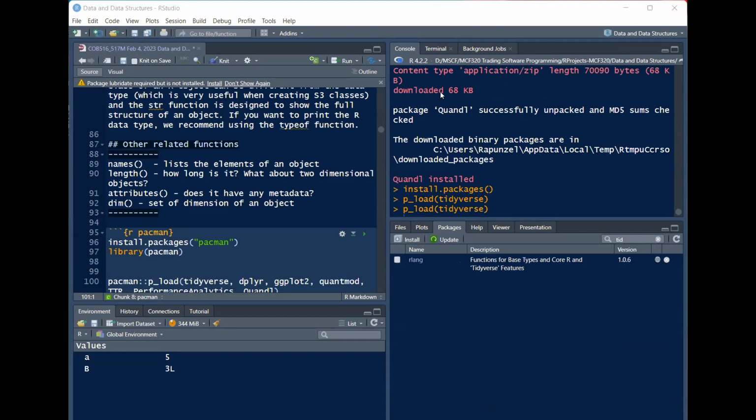Actually, sir, pareho kami nung naging itsura nung kay Rap. Kaya okay. Tinry ko rin yung p_load, tidyverse. Tapos nag-error sa p_load, tidyverse siya. Could not find function p_load. Alright. So,